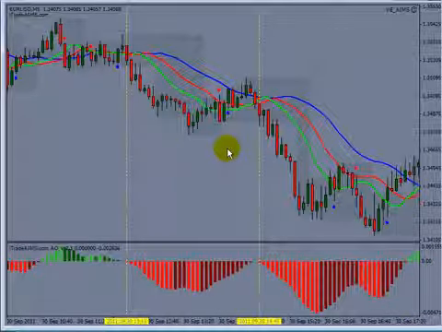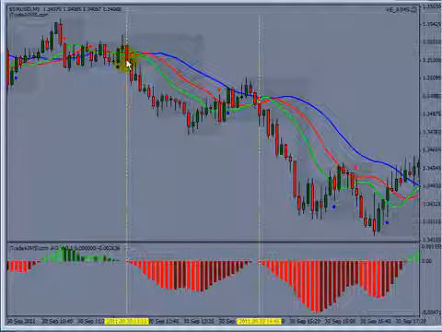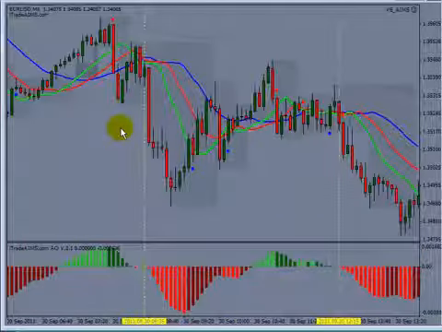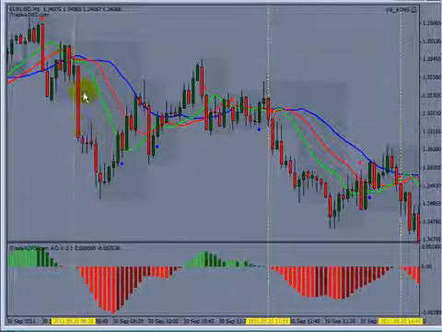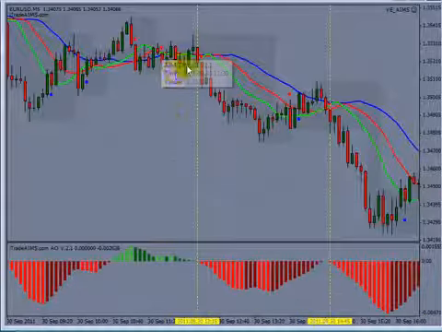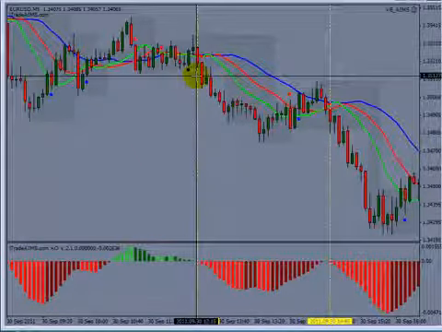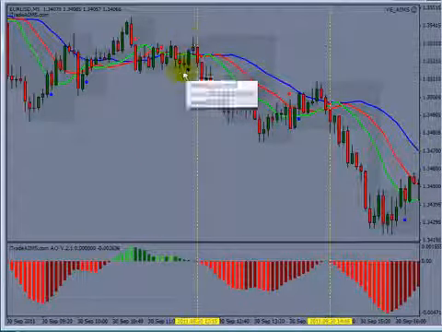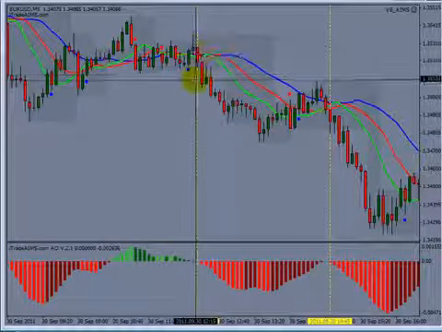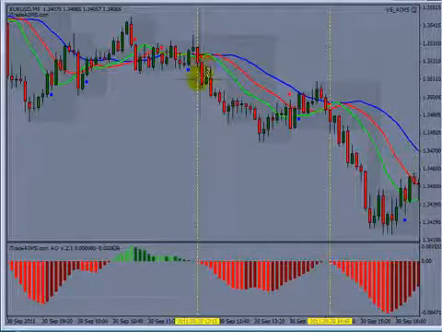But more important than dots is understanding the concept of the wave. The wave does something like this: an impulse wave, then it comes back to the alligator's mouth, then the alligator sleeps, and when it sleeps, that's when we are interested. Now, when the alligator sleeps, that's where you will get the whiplash as well, but that doesn't matter because your whiplash is going to be very small comparatively to